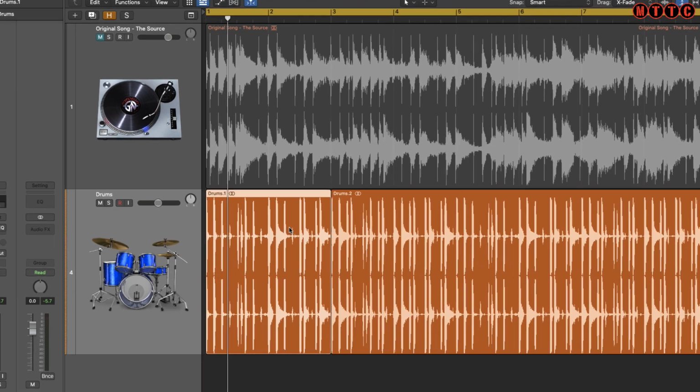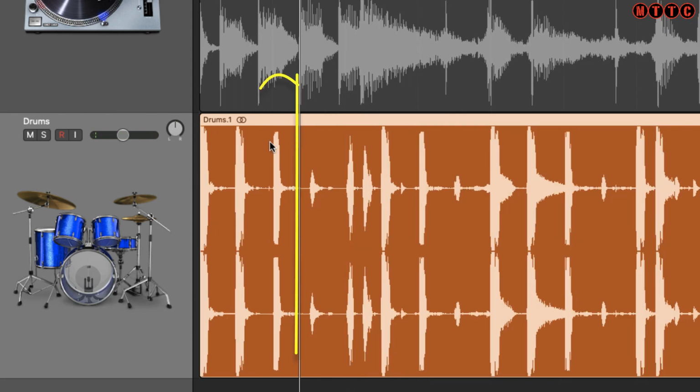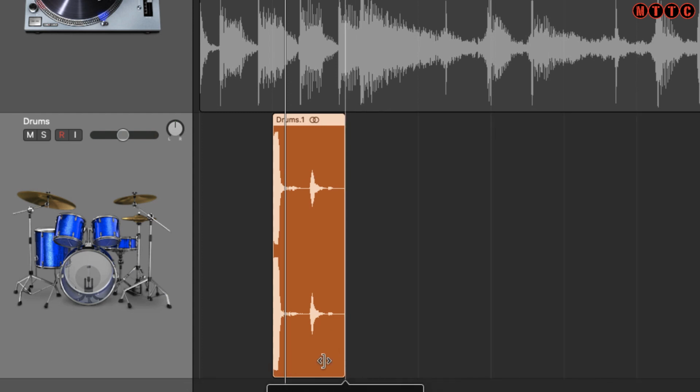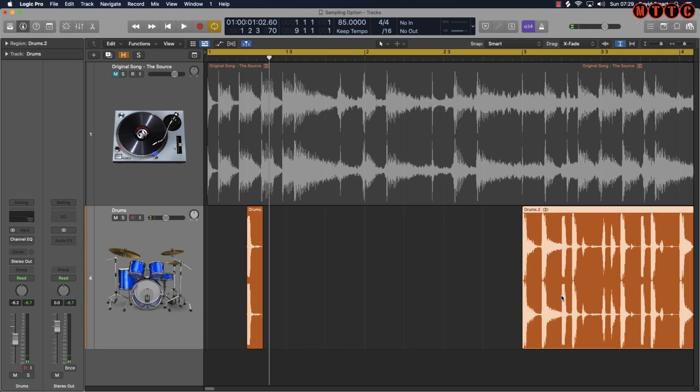Let's take, for example, this drum loop right here. Now what if I wanted to isolate this snare clap sound right here? This loop is the source of my sample. I come like so, and now this here is a sample taken from the main loop.